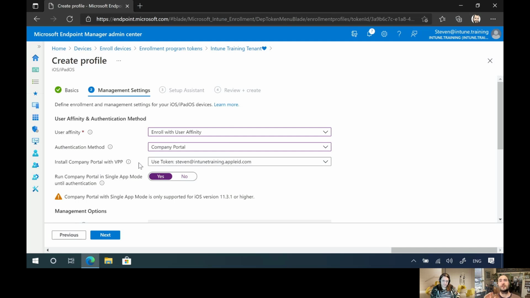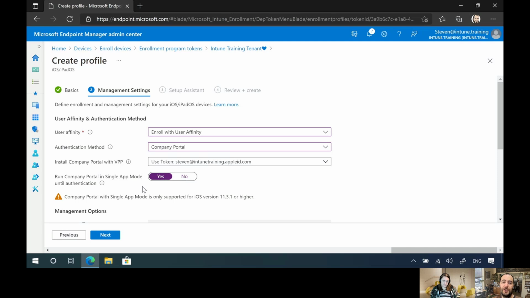On iOS, you need to go to Apple Business Manager and purchase the app in there, and it'll deploy out to your device like you would for Store for Business. Very similar to the Store for Business stuff. I think in our first looks at Apple Business Manager, we talked about how to do that deployment. Cool. So we're going to select Company Portal,